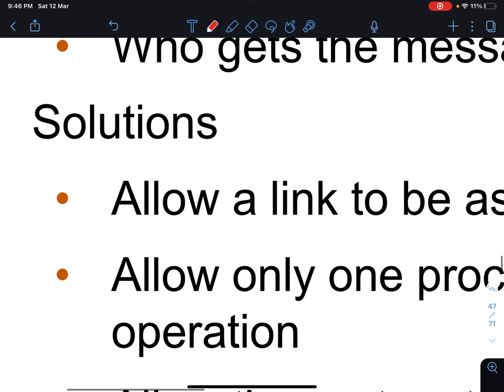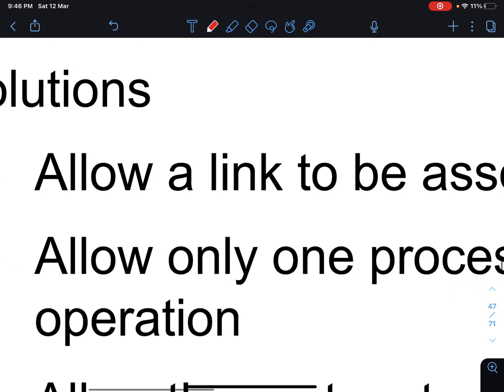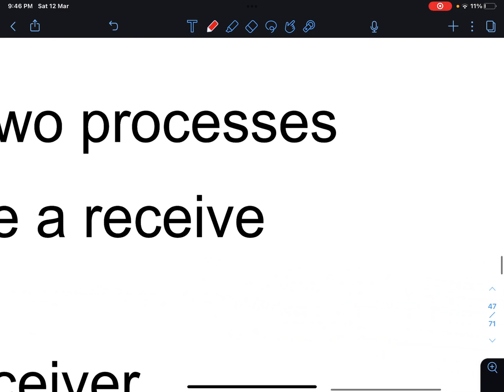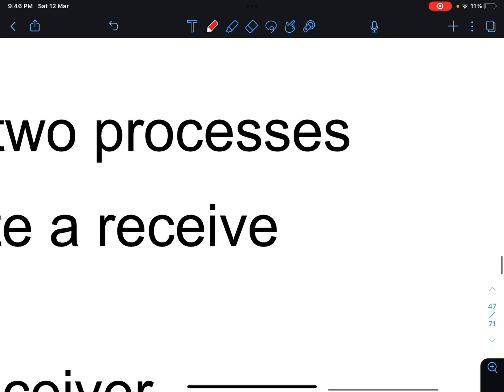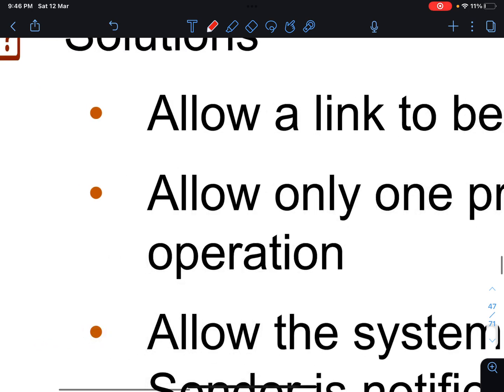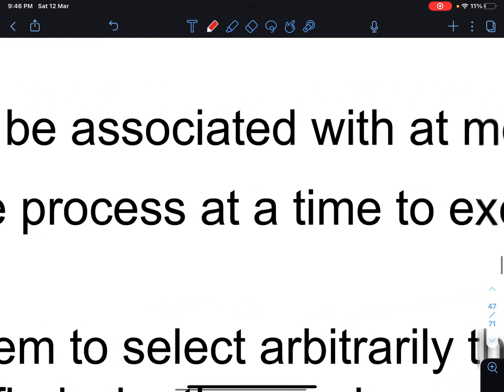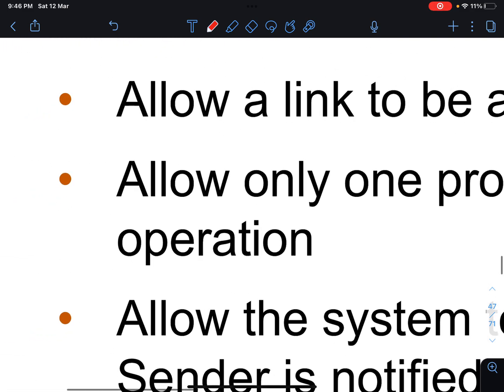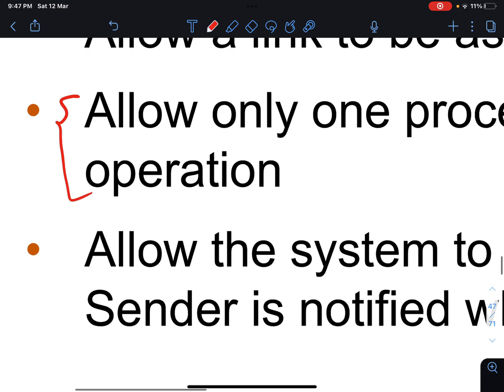Many solutions here. Allow a link to be associated with at most two processes, so you're imitating the direct communication, or allow only one process at a time to execute a receive. Those two solutions did not really guarantee that the desired destination is the one picking it up.